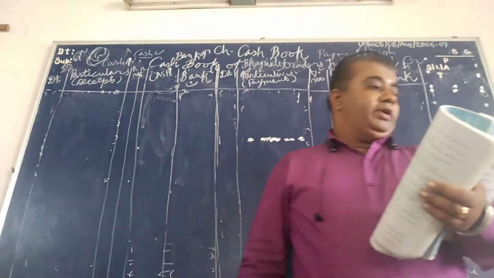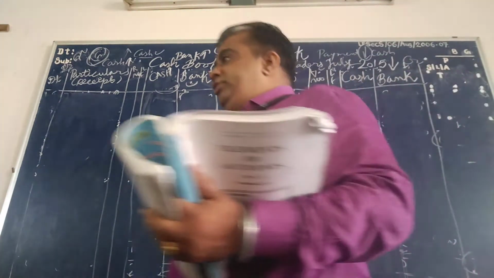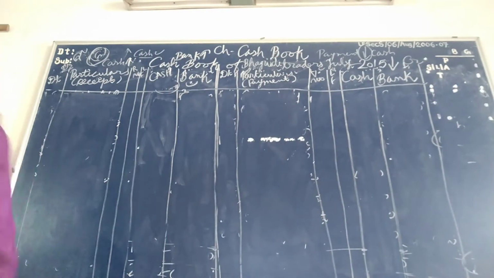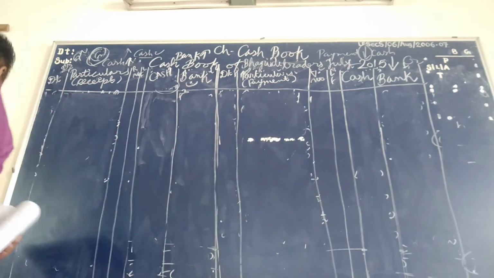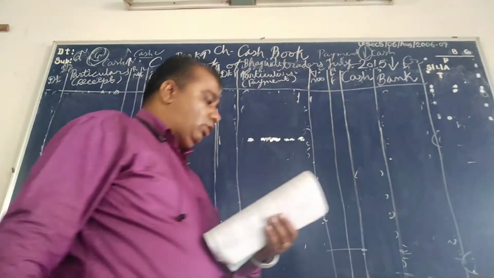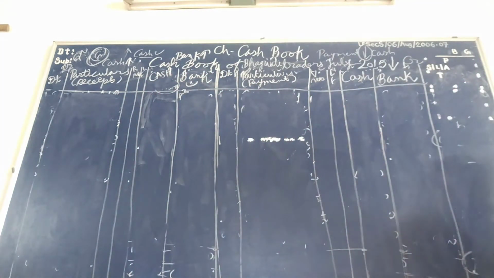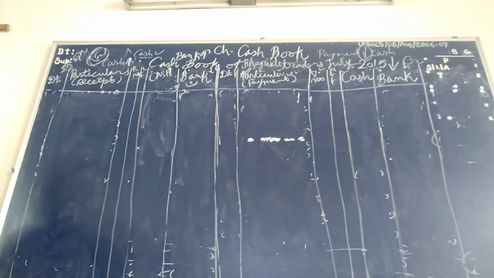Good morning, students. Today we are going to solve question number 6 of the chapter cash book. From the following transactions, prepare cash and bank column cash book in the books of Bhagwati Traders. In this sum, we have to prepare the cash book of Bhagwati Traders in the form of cash and bank